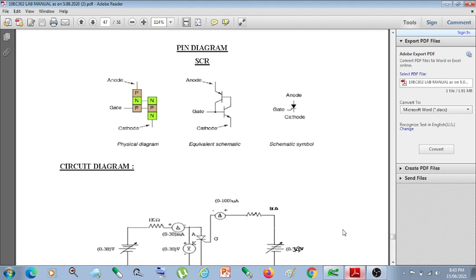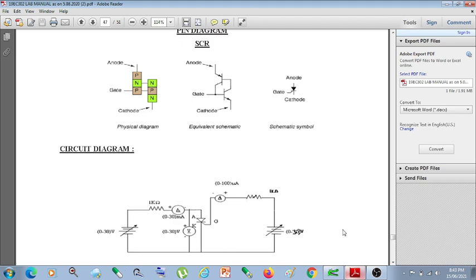If we apply an anode to cathode voltage, that is considered as VAK. As it increases above 0, very little anode current flows through the device. Under this condition, SCR is off. It continues till the voltage VAK reaches the forward breakover voltage. Then when VAK exceeds the breakover voltage, the SCR turns on. The anode to cathode voltage decreases quickly, and the current through the SCR increases rapidly to large values.